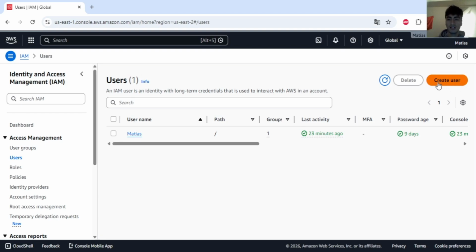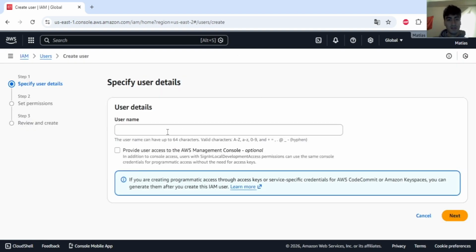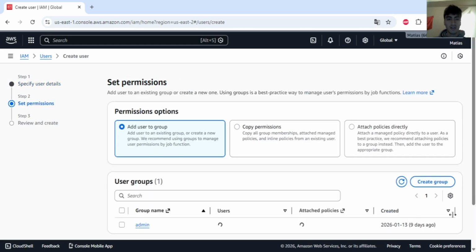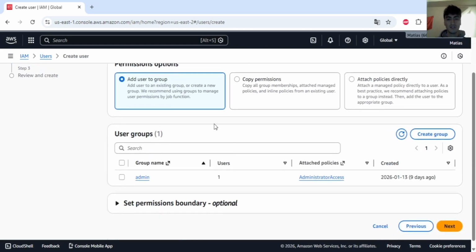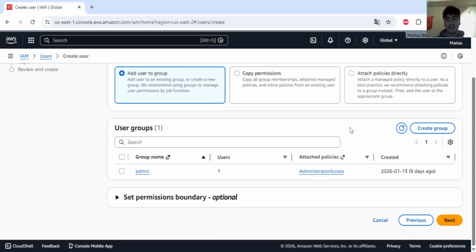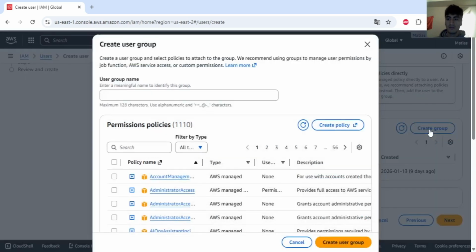First, we will click on create user. As you can see, we will put a username and we will click on next. After that, we will have to create a user group. As you can see, before I created an admin in my current account, but let's find out how to create a group and put our user. So we will create a group. We will write a group name,